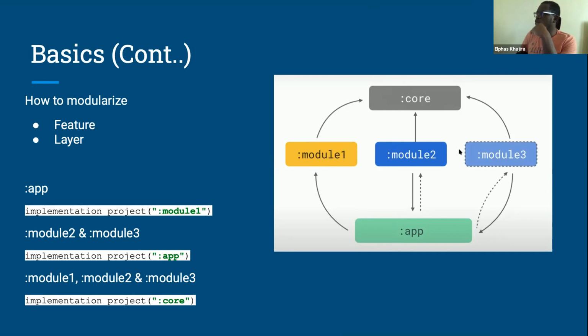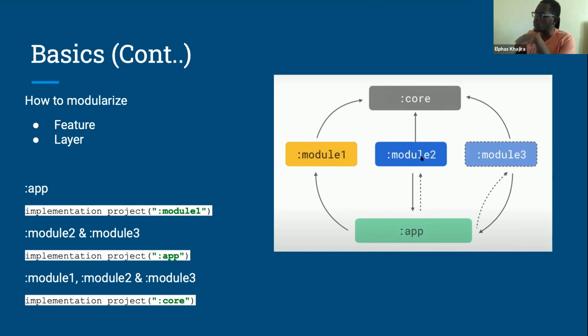So we have module 1, module 2, and module 3. Module 2 and module 3 are basically feature modules. And module 1, on the other hand, is an Android library. So the app module will depend on module 1, but module 2 and module 3, which are feature modules, cannot run on their own.